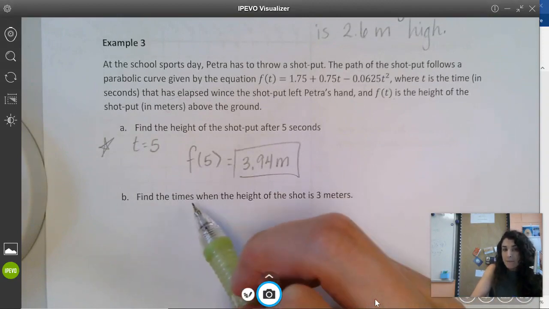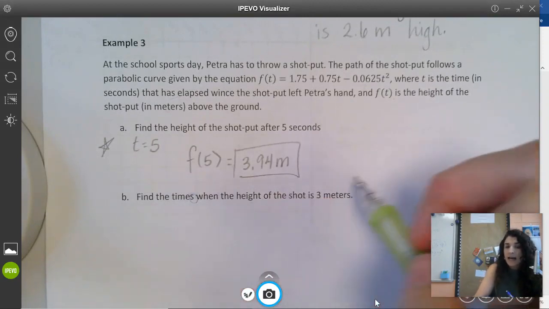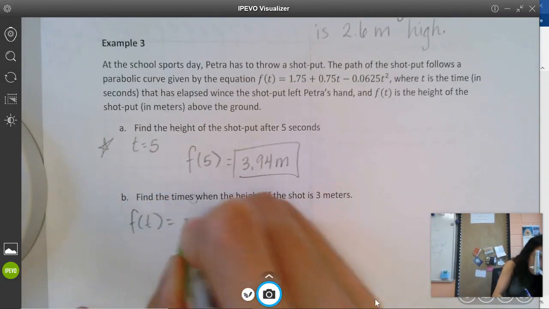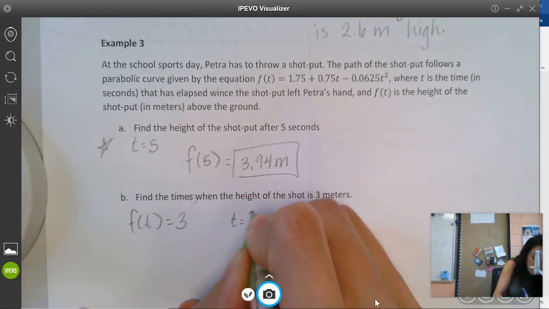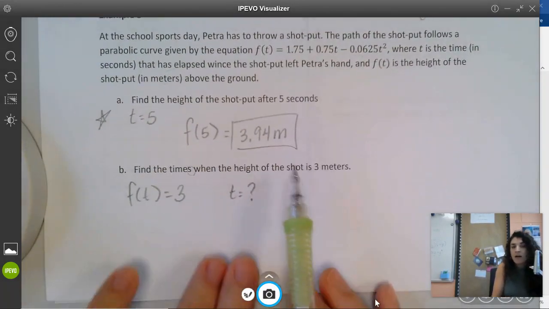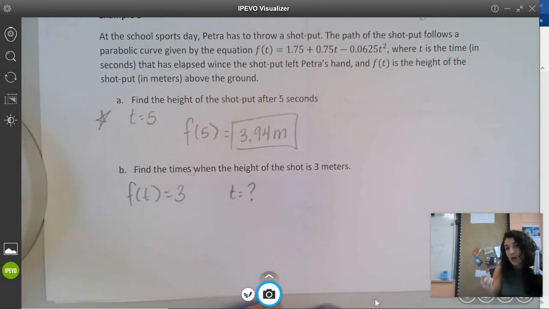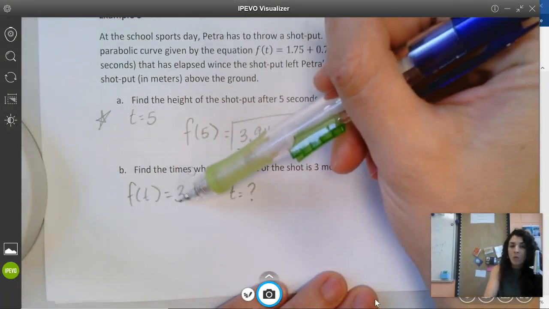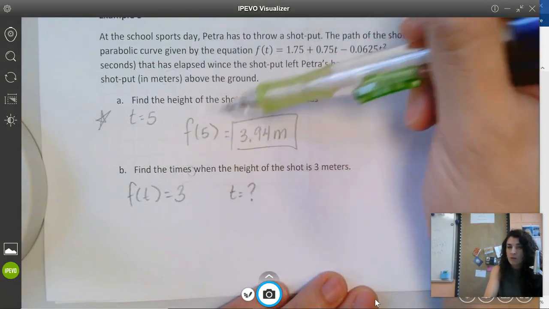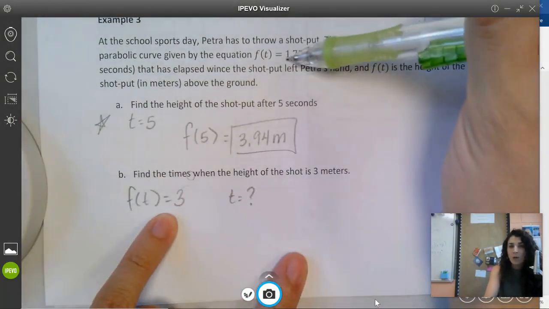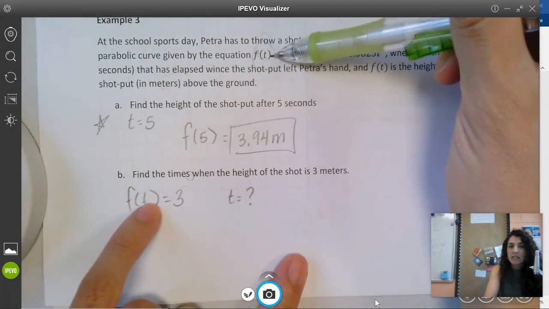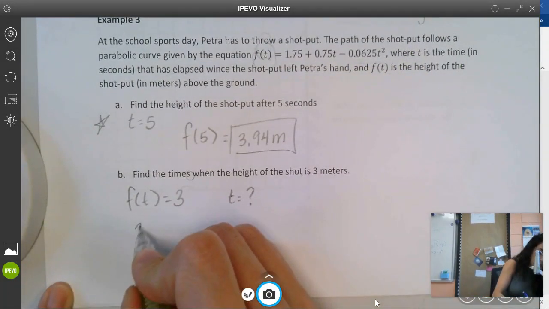Find the time when the height of the shot is 3. So height is f of t equals 3. Okay, so then t equals what? This moment of extrapolating pertinent information is a very important part of preparing for a problem. So labeling it out is going to help you figure out where this number goes. Well, it doesn't go in for t, because we're saying this whole equation is going to be equal to f of t. So instead of f of t, I replace it with 3. So I could say 3 equals